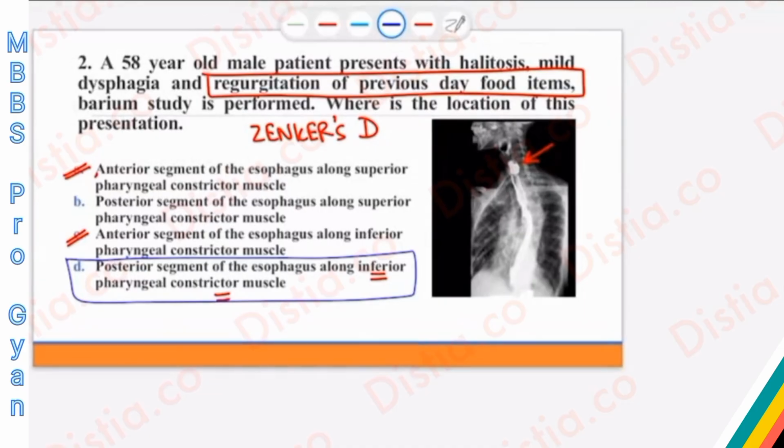Whereas in Zenker diverticulum, most of the time it's a non-progressive dysphagia, and the age of presentation is also different because Zenker diverticulum develops at 60-70 years of age and HLHS cardia would be a young female. I hope you recall the fact that the number one cause for HLHS cardia is autoimmunity, and autoimmune disorders are always more common in young females.